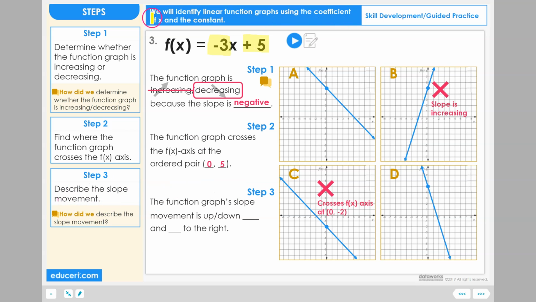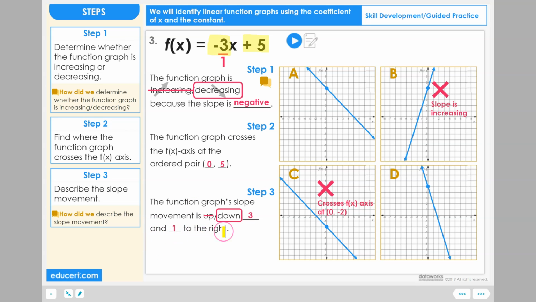We use the coefficient of x, but we use it in fraction form. This one does not show a fraction. We just make this a fraction by putting this integer over 1. We now have a numerator, negative 3, and a denominator, 1, so we can now describe the slope movement. The function graph's slope movement is down 3, down because of the negative, and 3 because of the numerator, and